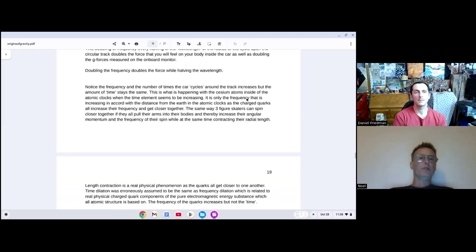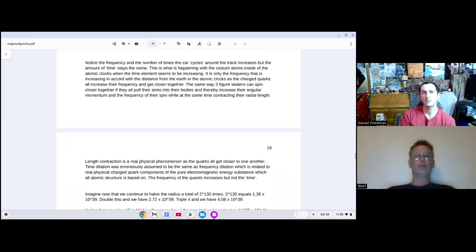So notice the frequency, the number of times the car cycles around the track, increases, it doubles, but the time stays the same. So this is what's happening within the cesium atoms inside of the atomic clocks when the time element seems to be increasing. It's only the frequency that's increasing in accord with the distance from the Earth into the atomic clocks. As the distance increases, these charged quarks all increase their frequency and get closer, just like when the figure skater increased her frequency by spinning faster, more times per second,